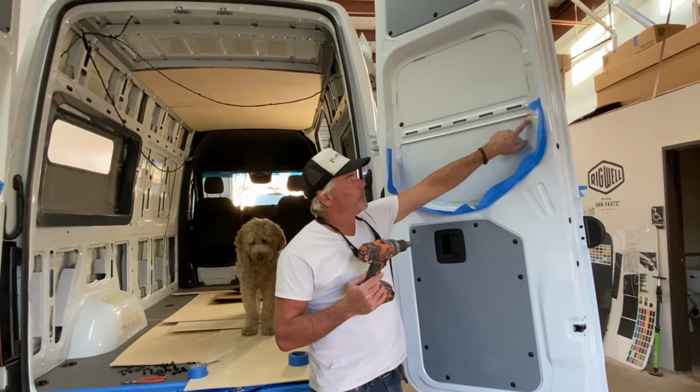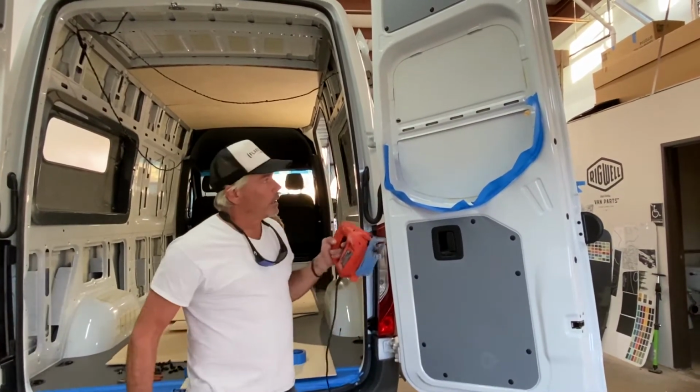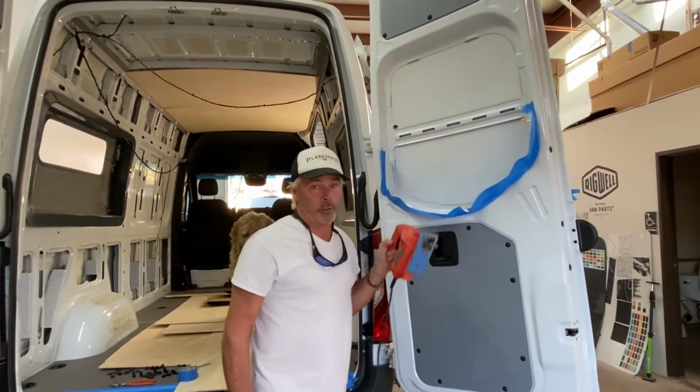You can see below and above the rib. Then we're going to use a jigsaw and cut the rib out. Okay, once that rib's out, we're going to put the nibbler in there and we're going to cut that whole